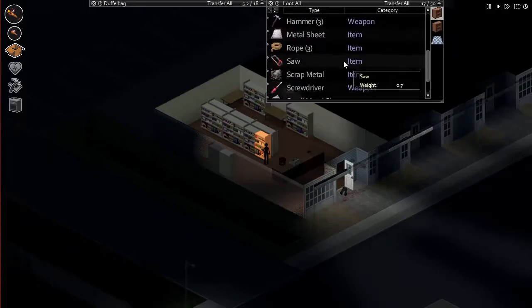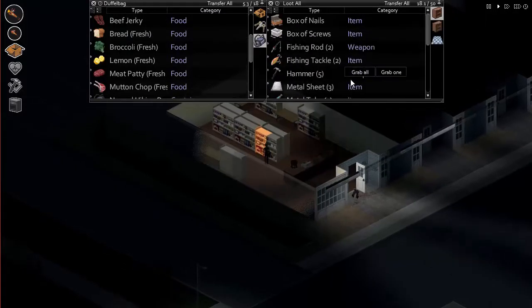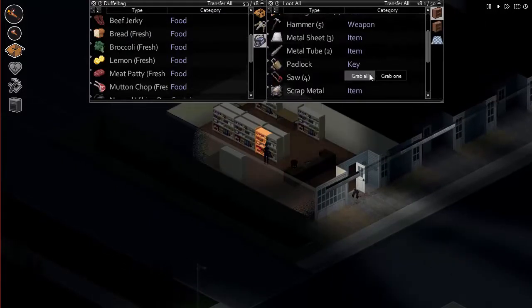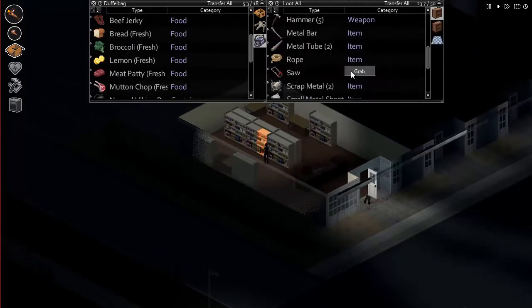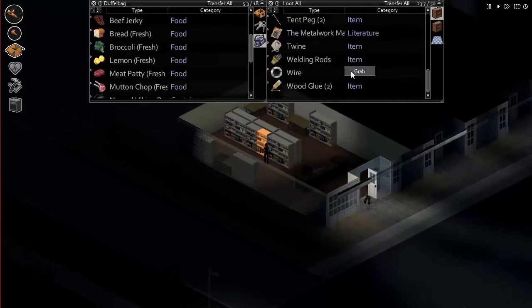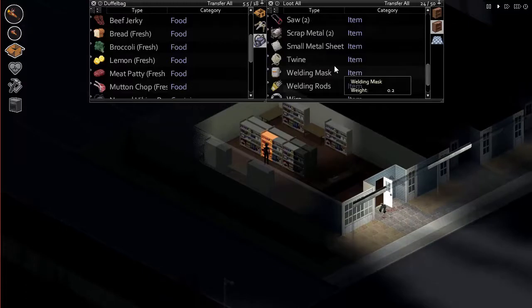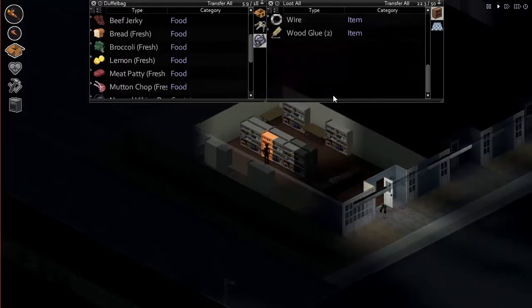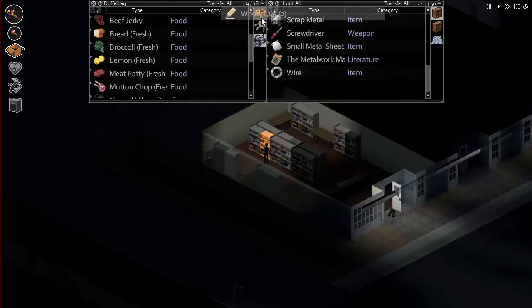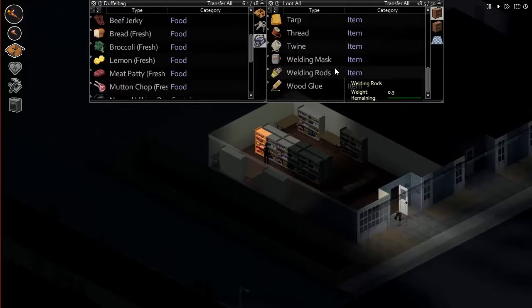Fishing gear. More wood glue. A lot of wood glue. You might as well take it. I don't know how much you can repair a single weapon, but